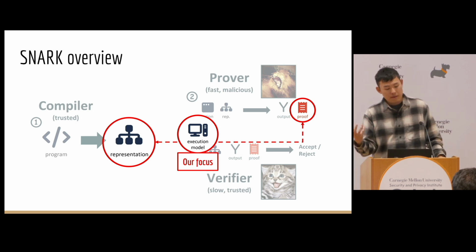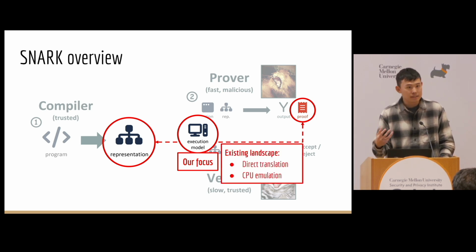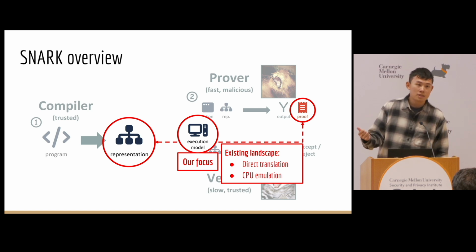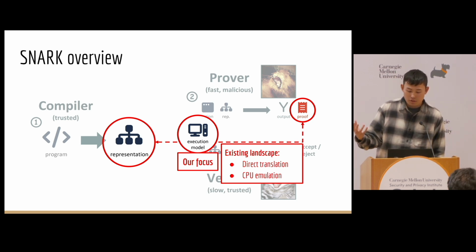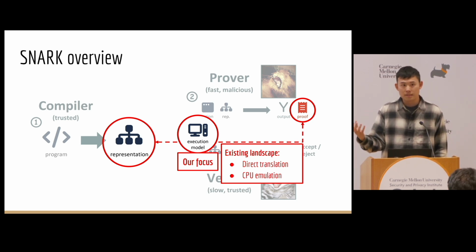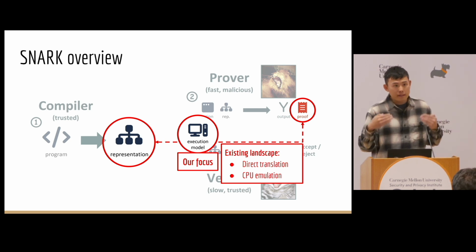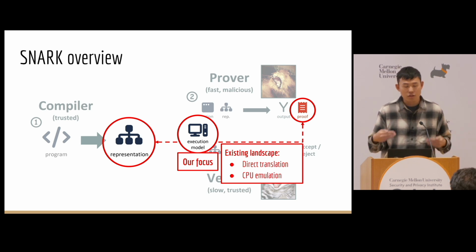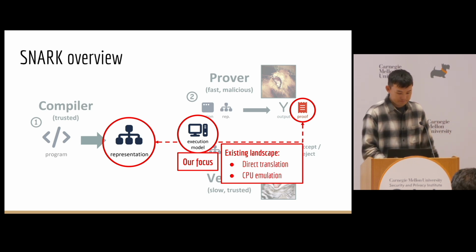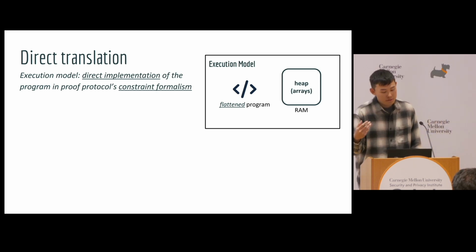This actually also applies to a SNARK system, where we notice that almost every existing SNARK system employs one of the two execution models, direct translation or CPU emulation. These execution models are more of a consequence of other parts of the SNARK system design than a deliberate choice by themselves. However, we observe that by carefully designing an execution model for the proof system, we can achieve much better improvements. So first, let me briefly go over the existing two execution models and show why they are not